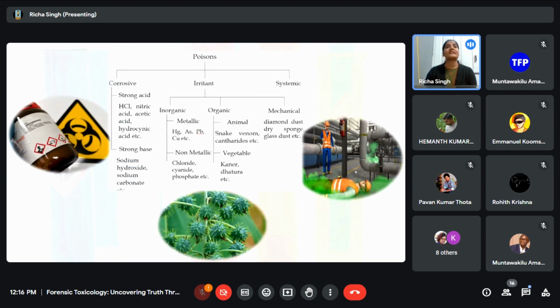We all have heard a lot of acid attack cases going on, and there the acid used is known as sulfuric acid, and that sulfuric acid is used to basically